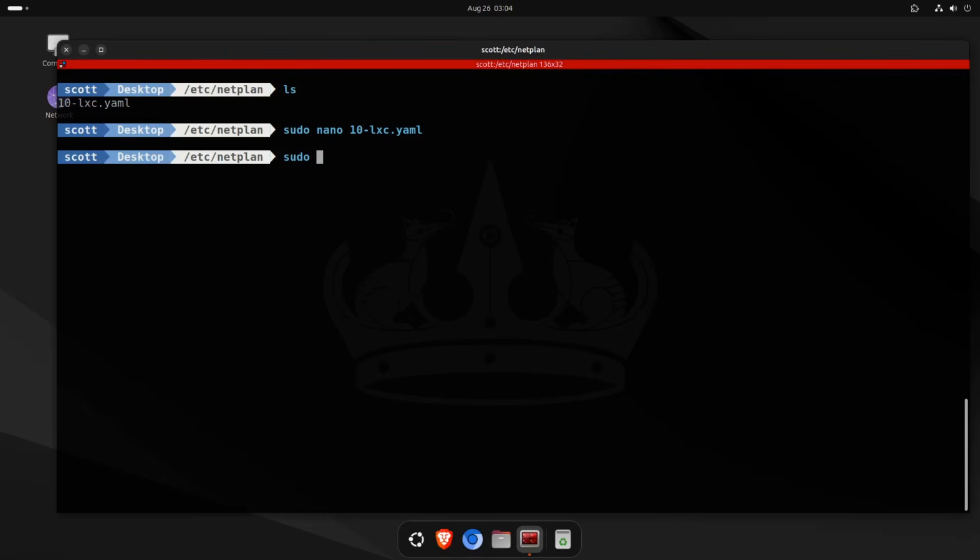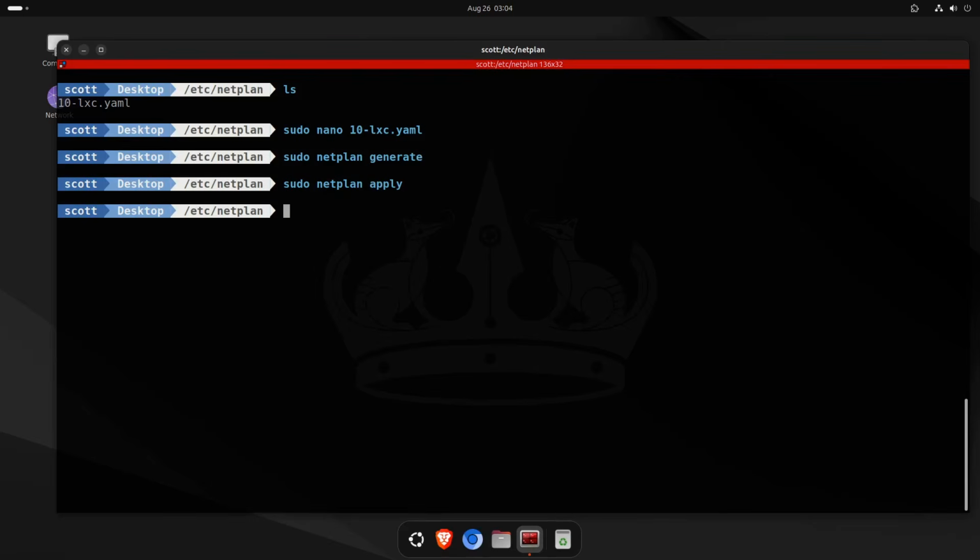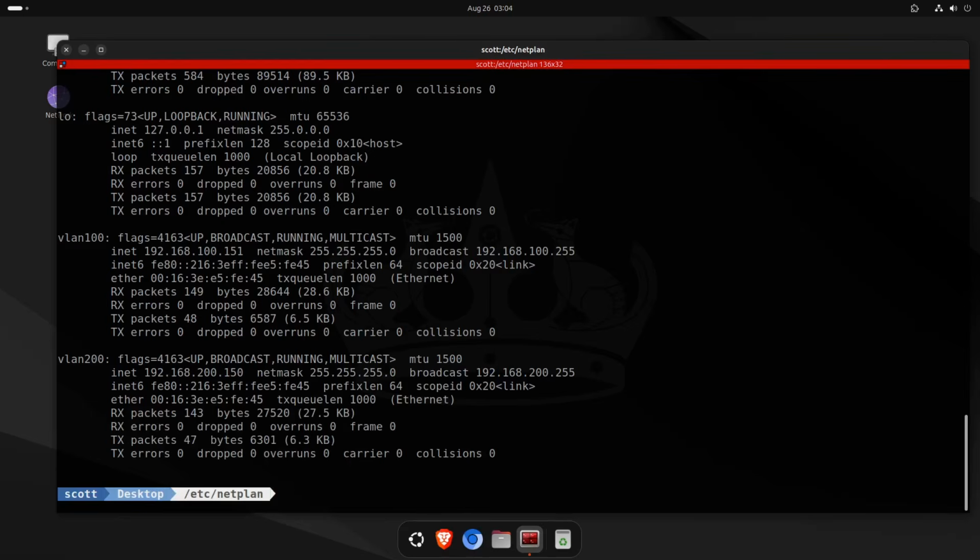I can do a sudo netplan generate, and that just checks for the validity of the file and makes sure everything is okay. And then we can do a sudo netplan apply, and that will apply our new configuration. To see the configuration of the network, now we simply do an ifconfig, and you'll see that we have at the top